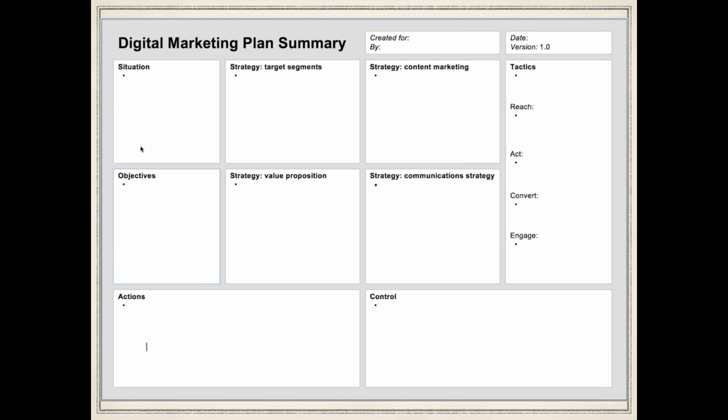And so this is a summation. As you notice, the boxes aren't large, and it's purposefully not large at all because you need to be able to concisely articulate, in very simple and short terminology, what it is that you're doing. These boxes aren't meant to be totally filled up with a bunch of wording. That's what your support slides are for. And so you would create supporting slides or supporting information that supports the overview of this canvas.